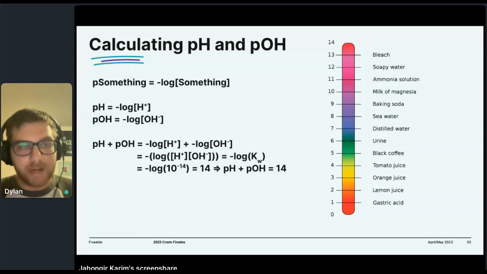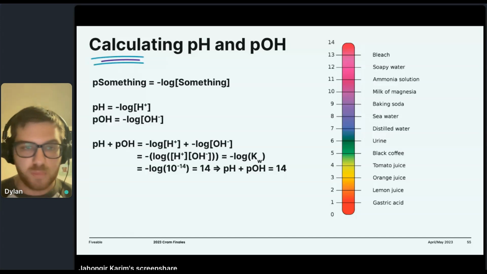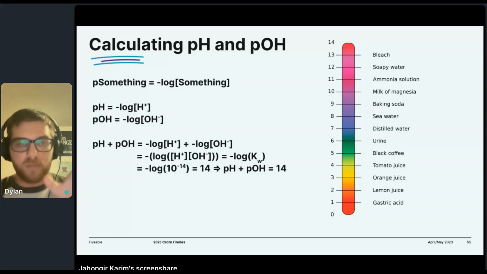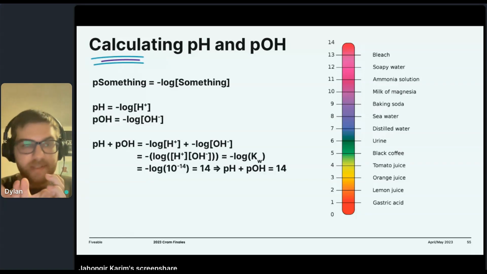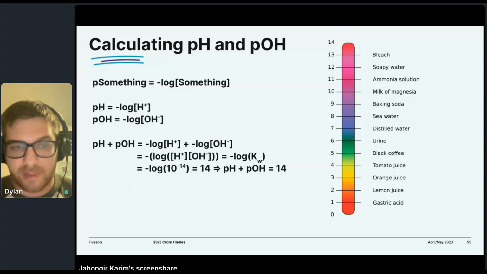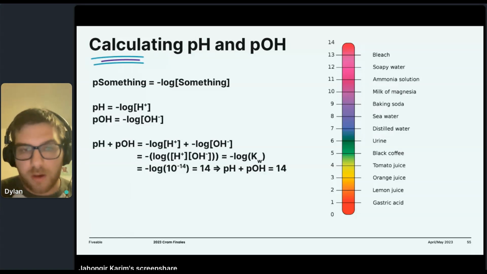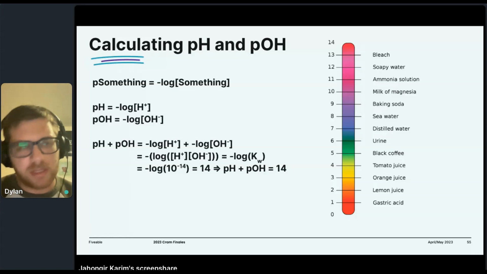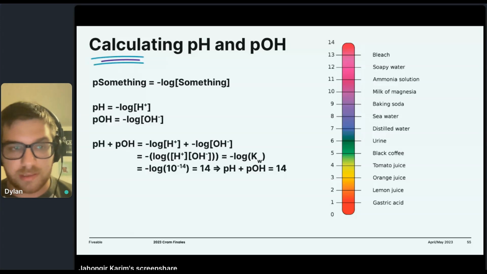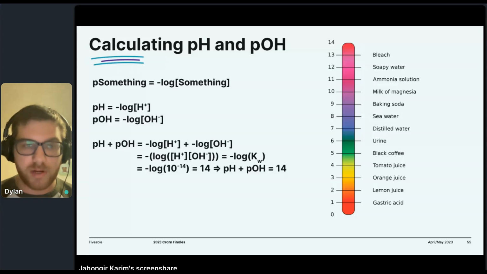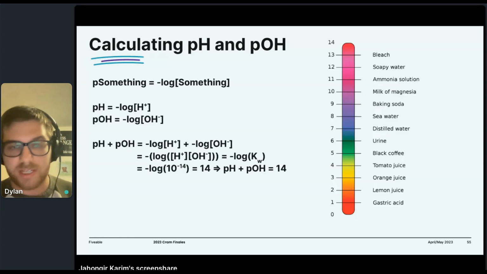So let's do a little bit of math and see what happens when we add pH and pOH together. Well, we have our two logs added. We can use logarithm properties to multiply the H plus and OH minus. That's just a property of logs that you might have learned in math class, and bring out the negative. And note, H plus can typically be swapped out for H3O plus. So we can think of that as hydronium and hydroxide. Well, that was the equilibrium constant for autoionization of water. So that's just Kw, which is 10 to the minus 14. We plug that into our negative log, and we find that pH plus pOH equals 14,